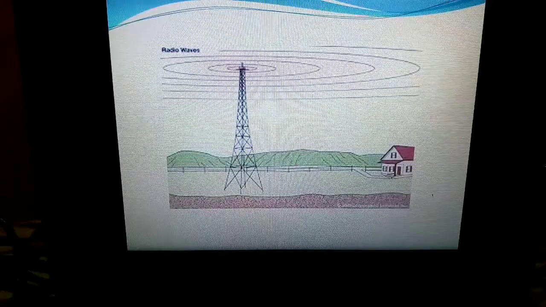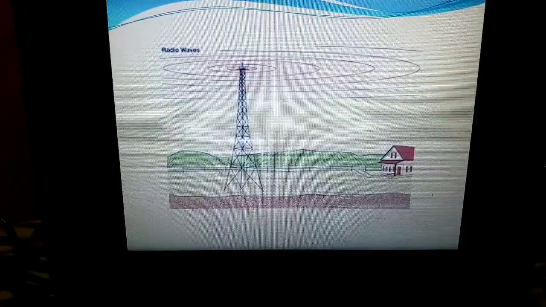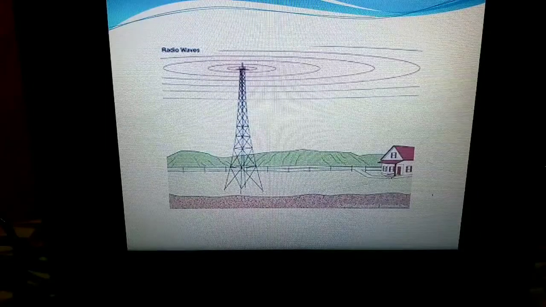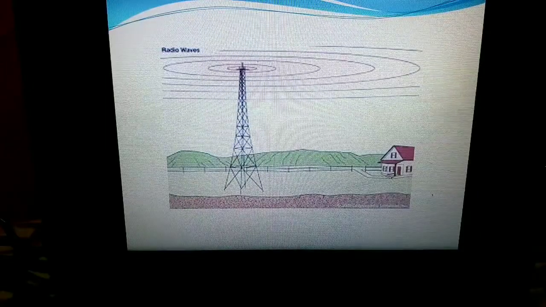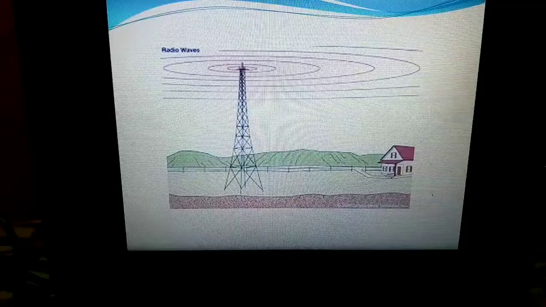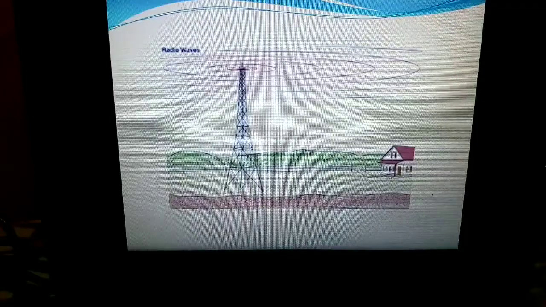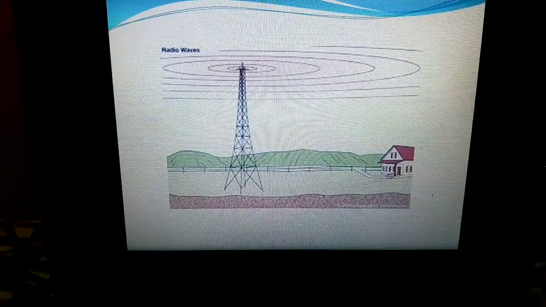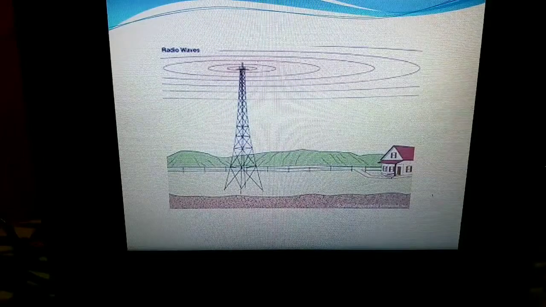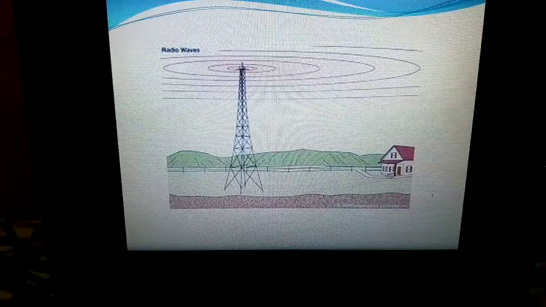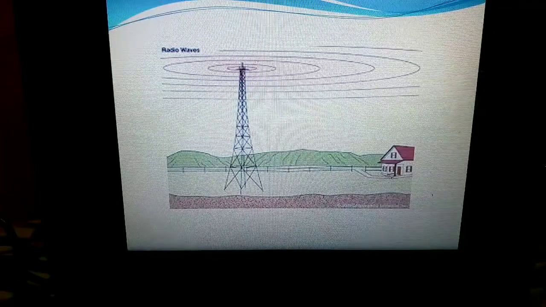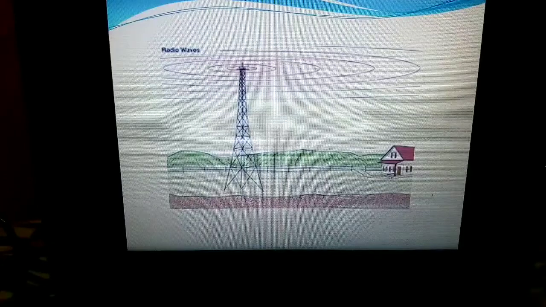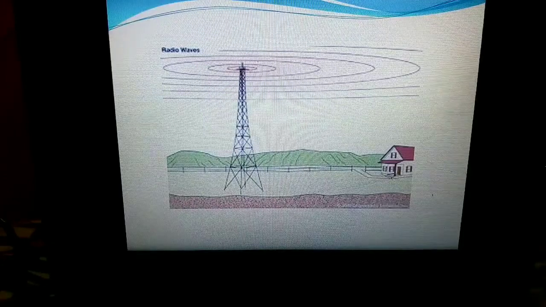And that is why sometimes we are not able to experience our mobile network, but we will be able to experience our radio. Why? Because radio waves have the capability to penetrate any kind of obstacles, whether it might be mountains, buildings, houses. It has the ability to penetrate, and then it will reach your data signals to your destination. That is why we are able to experience the radio signals.